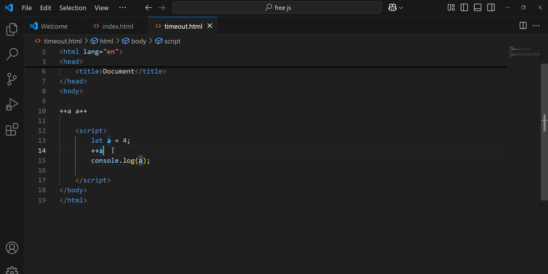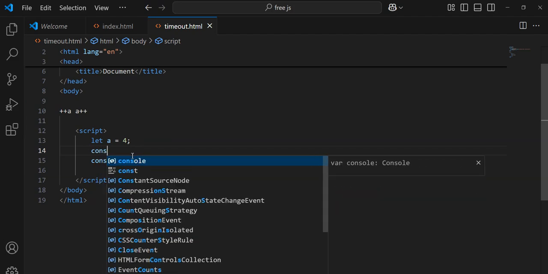When you are using pre-increment, it's going to increase the value of a immediately, I mean, at that spot. When you use the post-increment, it is going to increase the value of a the next time you make use of a. So this will also give you 5. But the difference is that if I say console log